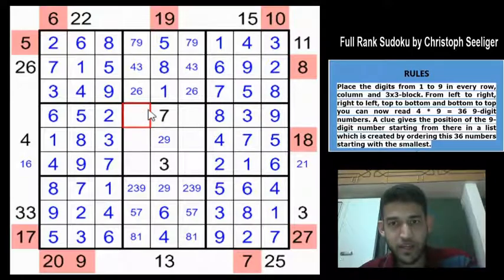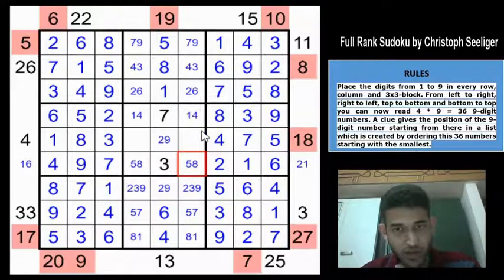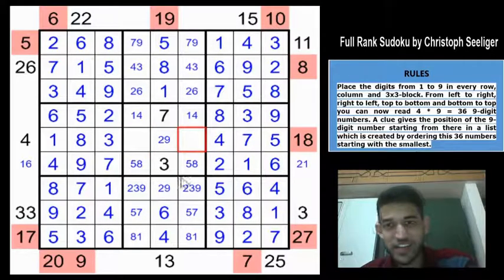These two cells must be 1 and 4. These two cells must be 5 and 8, right? 3, 5, 8, 1, 2, 6, 4, 7, 9. 1 and 4. So you can see that the first 3 columns and the last 3 columns are filled. However, the middle 3 columns are getting neatly pencil marked. We need to get one push, and I think the whole grid will be completed.